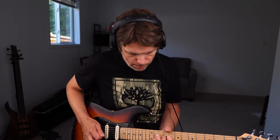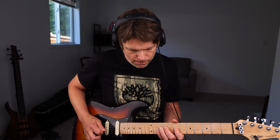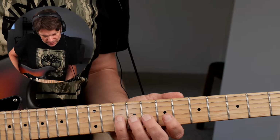So the first lick is this one. First of all, that lick is played over the D7 chord. And let's just give you my view here. So that's going to make it a little bit easier. So what I'm guessing is that